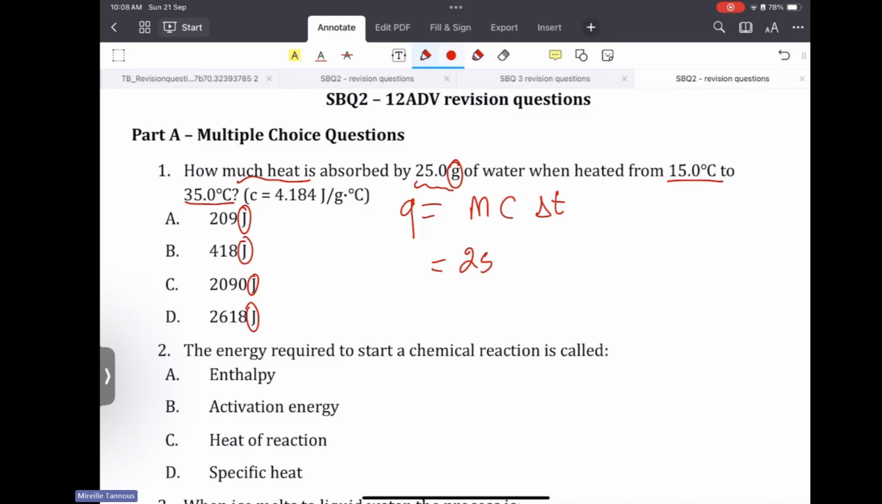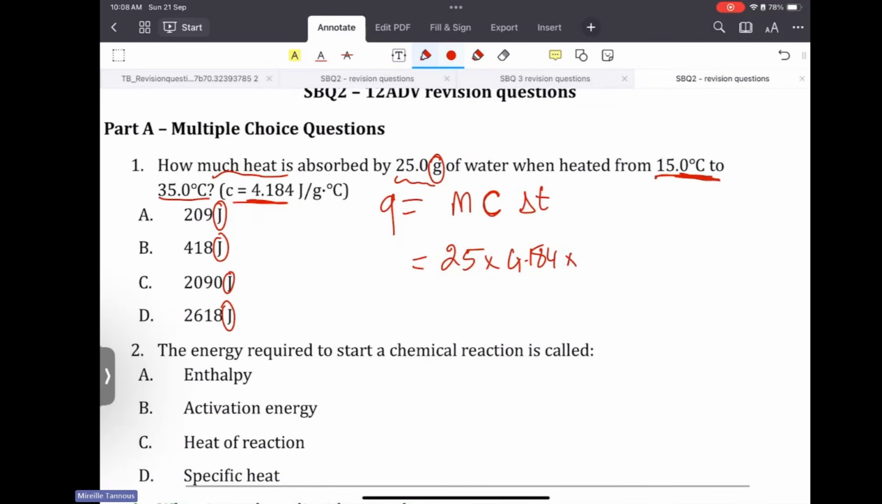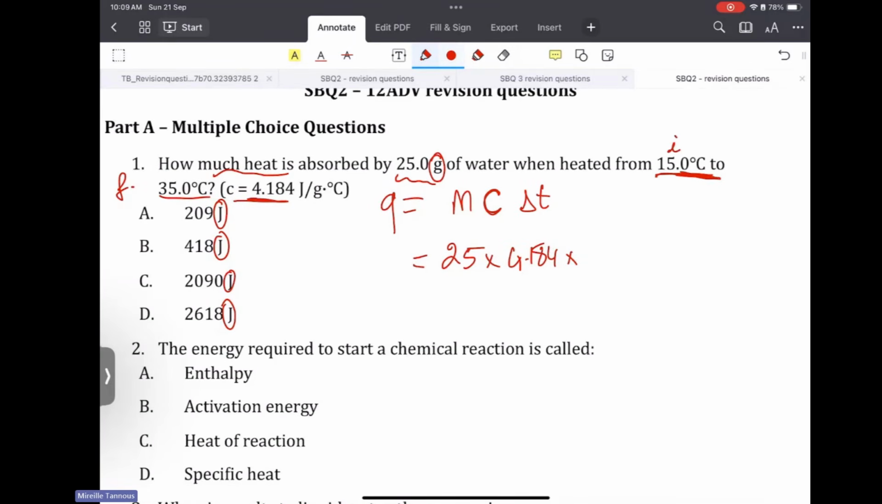So here it's the mass. The C is what we call the specific heat given over here, 4.184. And delta T is the change in the temperature. You have to read carefully the temperature given to you to know which one is initial and which one is final. So in the question it says heated from 15 to 35, meaning that this is the final and this is the initial. So 35 minus